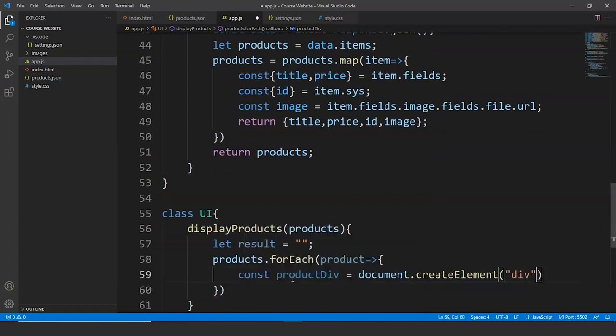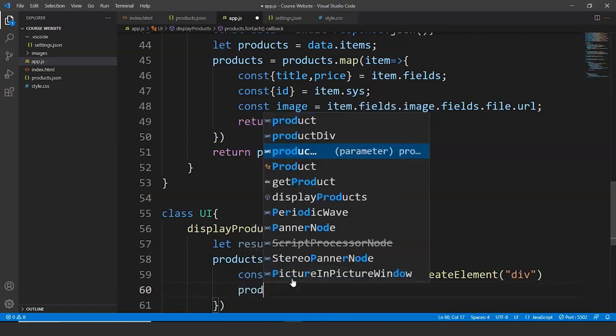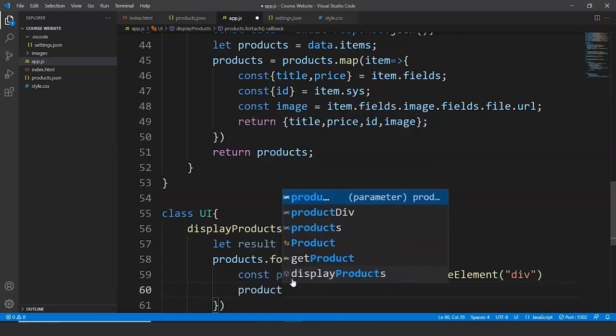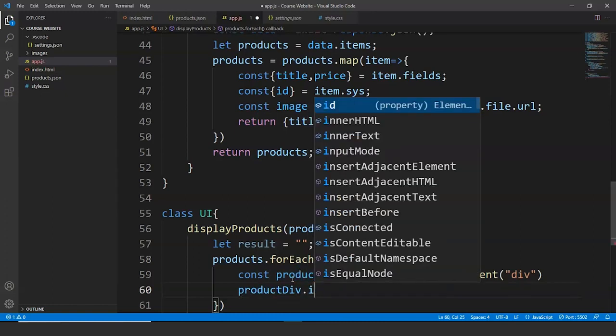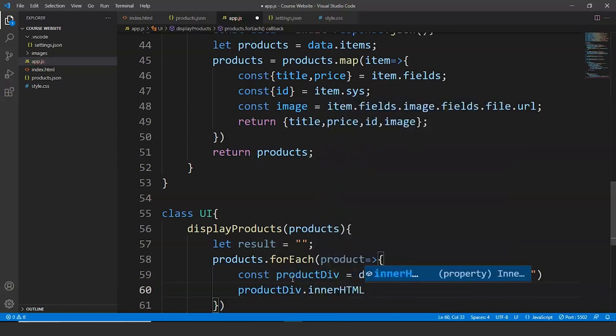and after this what we are going to do is write here product div dot inner HTML is equals to, now the main part starts. So inside these we'll write div class is equals to product card,